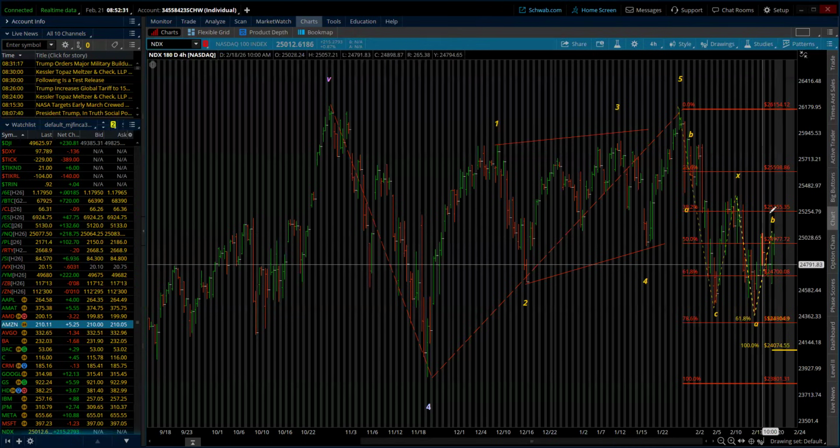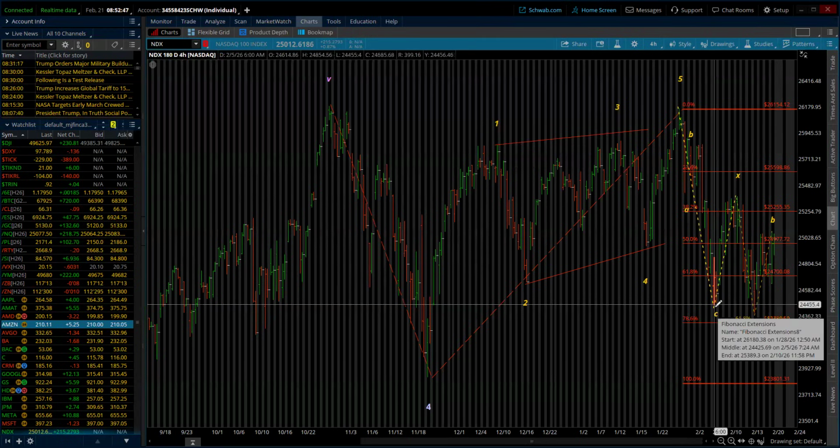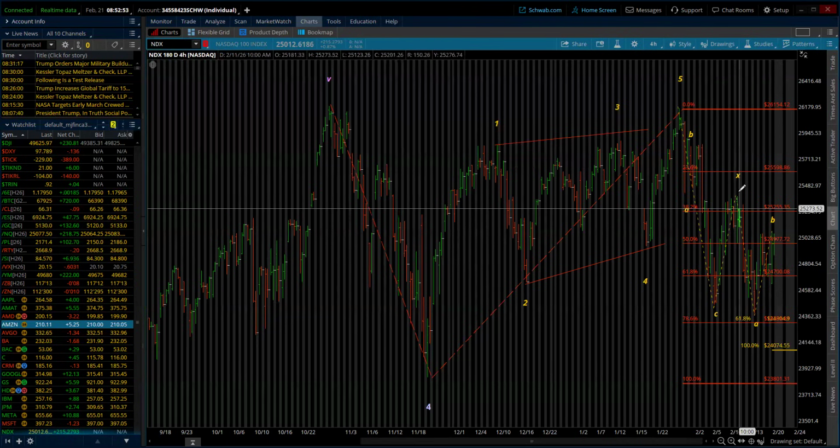Now, we're still giving hope that this is just a wave two. There we have the ABC for the first one, even though most people are going to say that looks like a 1, 2, 3, 4, 5. You can put it in as a 1, 2, 3, 4, 5 and it still would be wave A. This still could be wave B, and this still could be wave C. 1, 2, and we're going to drop in a third. We can put it this way, which is going to lessen that blow, or we can put it in much more severe.